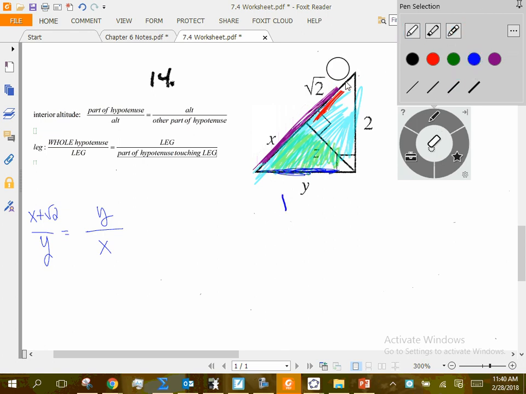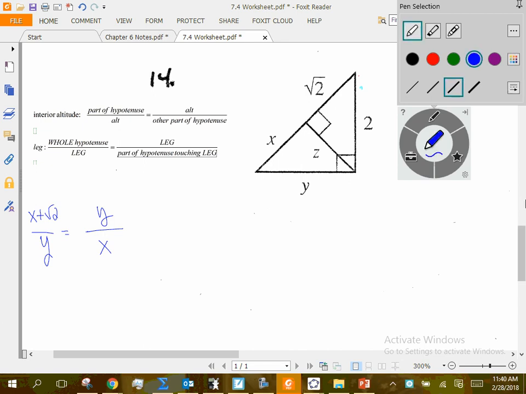All right, so now looking at that, we could do the cross multiply now. We get y squared equals x squared plus x radical 2. I don't know if that's the best thing for you to do right now. Okay, you can, but hopefully you recognize there's two variables there, right? So can I solve for either of them right now? No. So I'm going to go look at another proportion. I'm going to go look at that one there,